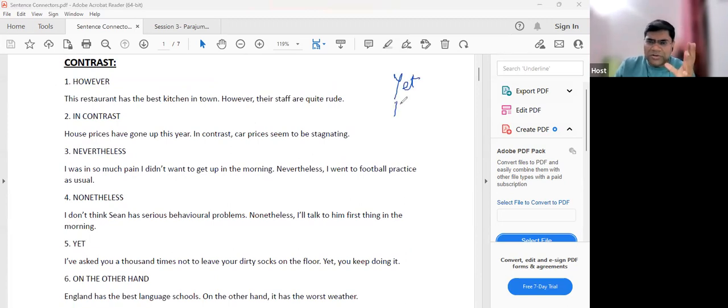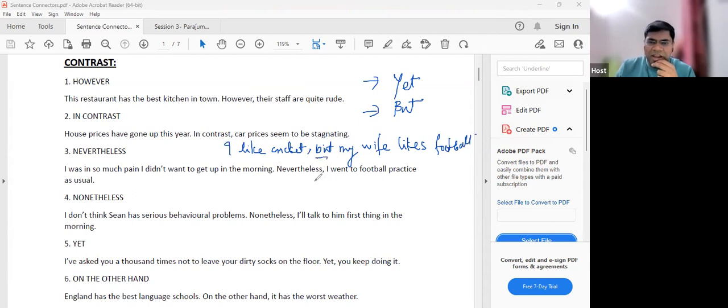This could be a question in fill in the blanks. Lots of exams have fill in the blanks in them. Yet or but, are they replaceable? They both contrast, but I will just give you a very good example. I like cricket, full stop. Or you can say, but my wife likes football. Okay.